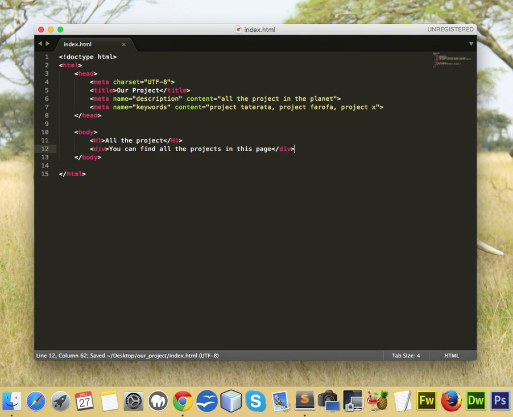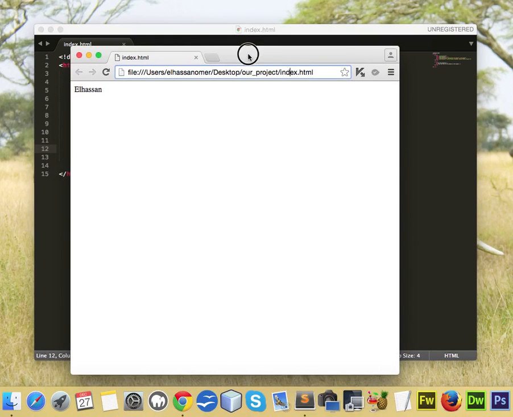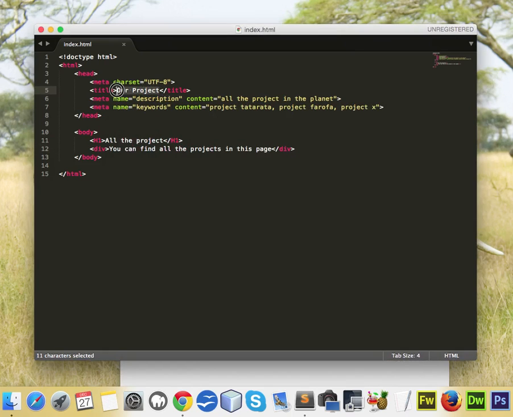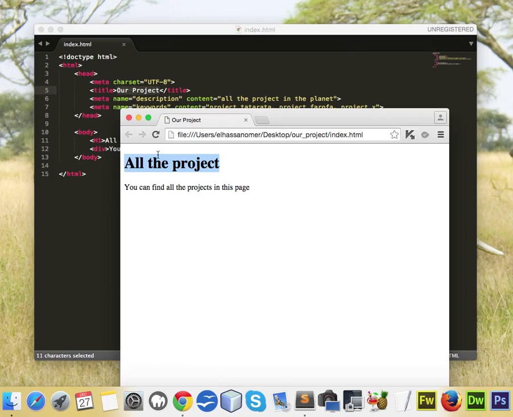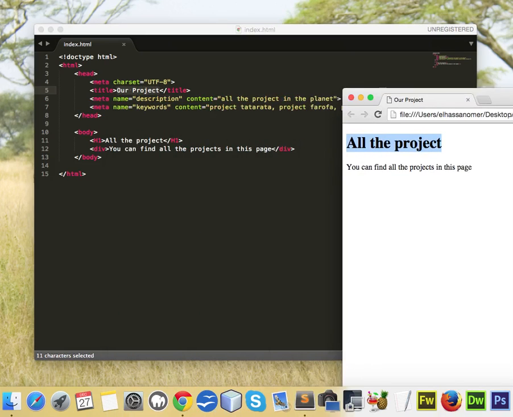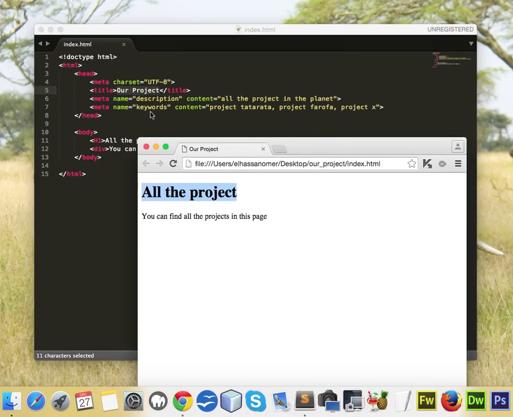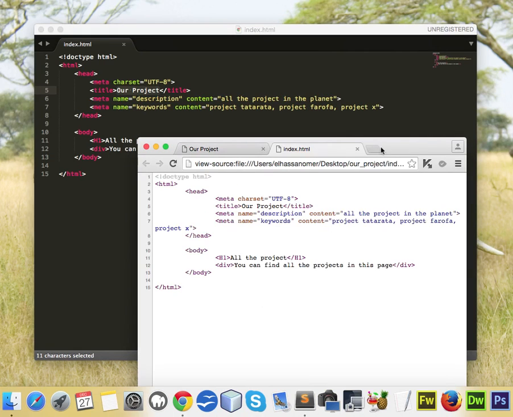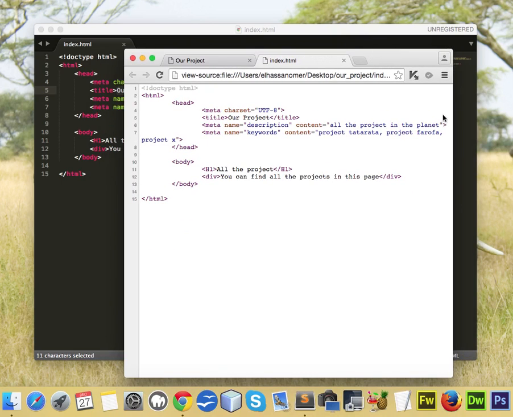Okay, it's H1. You can see it in action in here. We're going to open our project, which just includes my name in it, and refresh this page. We're going to see all the projects. We're going to see the title we put in here. This is the title. Okay, we're going to see it up there, but we're not going to see the description or the keywords unless we go to the source of the page and see this is the description we put in here,